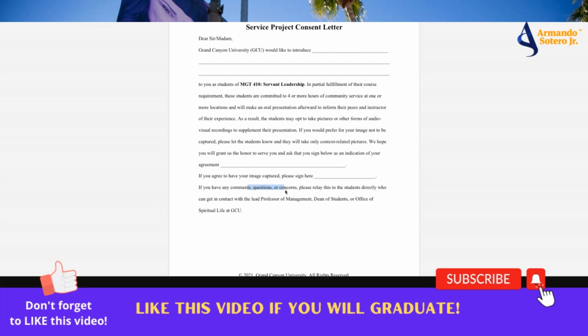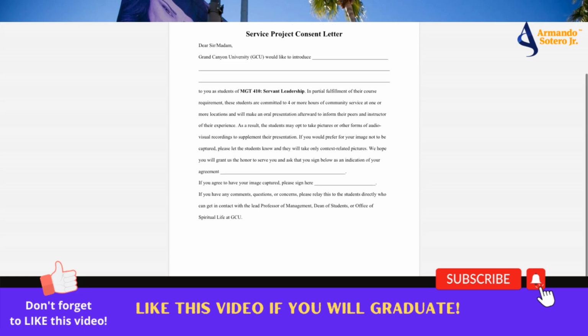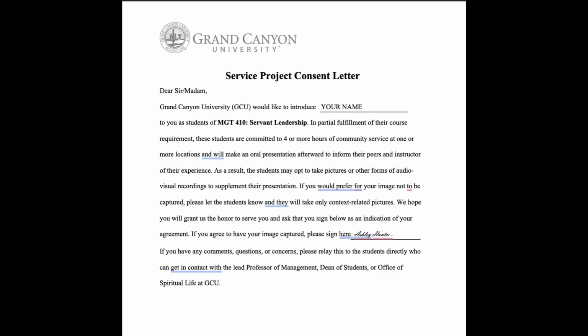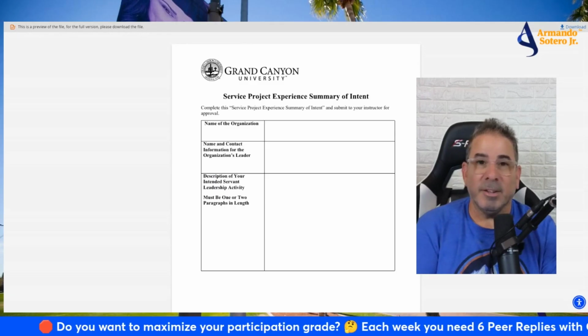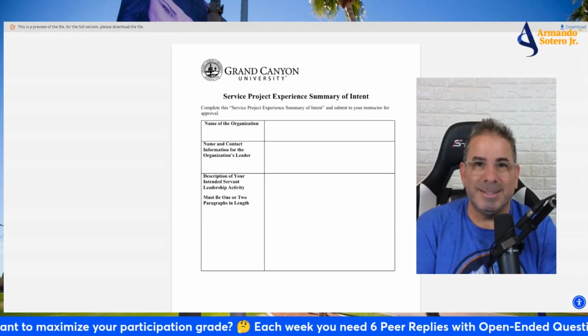And then there's some other information here. So again, you are going to get a signature from that individual on this line. And if you physically cannot get a signature and you understand who this individual is, meaning you have their name, I am okay with you at least typing in the name of that individual so we can have this consent letter on file. And again, this is a completed consent letter from a previous student, and this is exactly what it should look like.